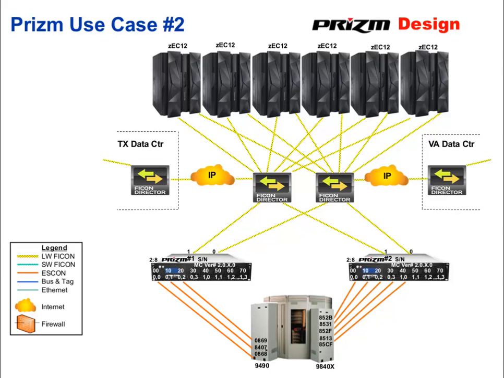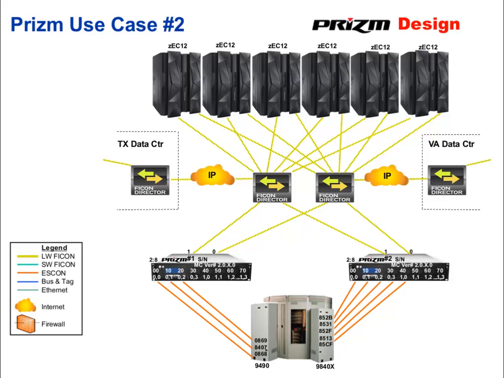You can see that they accessed these 9480 and 9490 tape drives not only from the primary site but also from 2 other remote data centers, Texas and Virginia, where they were leveraging IP channel extension into the main site to attach to the same types of tape drives. In this particular case, STK tape drives.